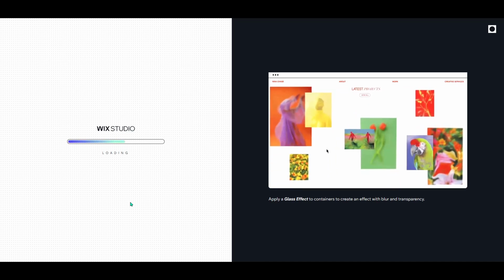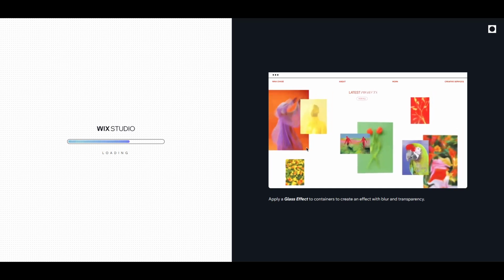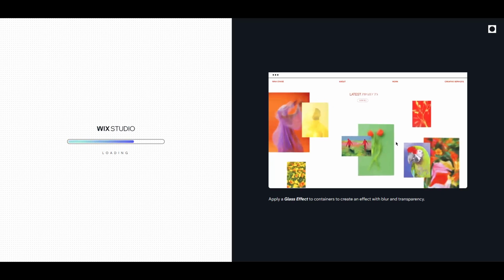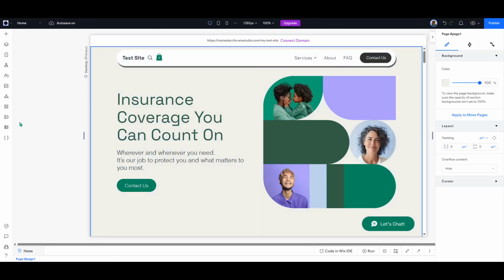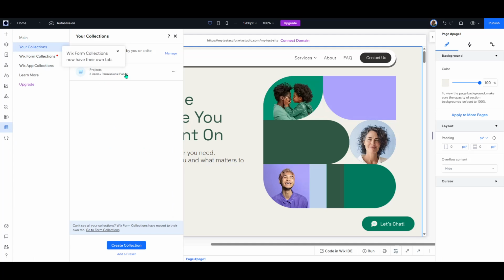Next, update your products by editing the CMS and collections. Open the Content Manager and locate your products collection. This is where you'll edit each item's name, description, price, and images. Add size and color variants if your template supports them, and write concise, helpful descriptions that highlight fit, fabric, and